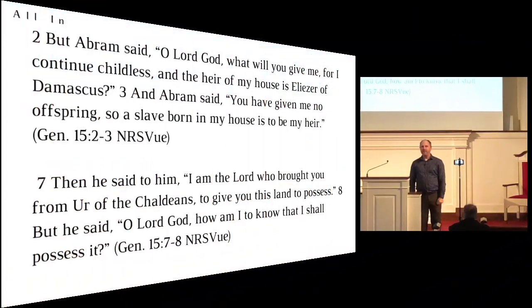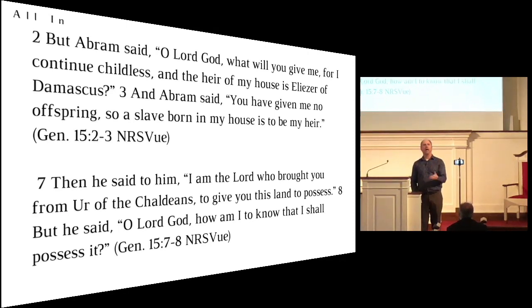But here in Genesis 15, there's a problem because Abram is old, and Sarai, his wife, is old. And there are no children of which to make a great nation. There is no land yet of which to make a great nation. And it's out of this absence, out of this lack, out of this barrenness that Abram begins to